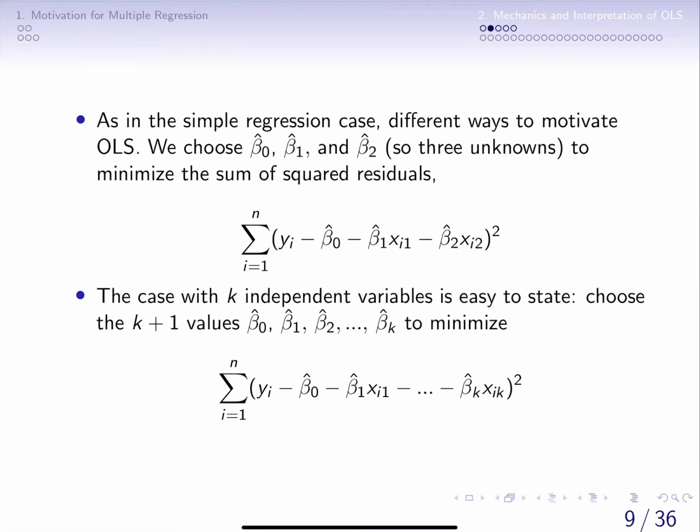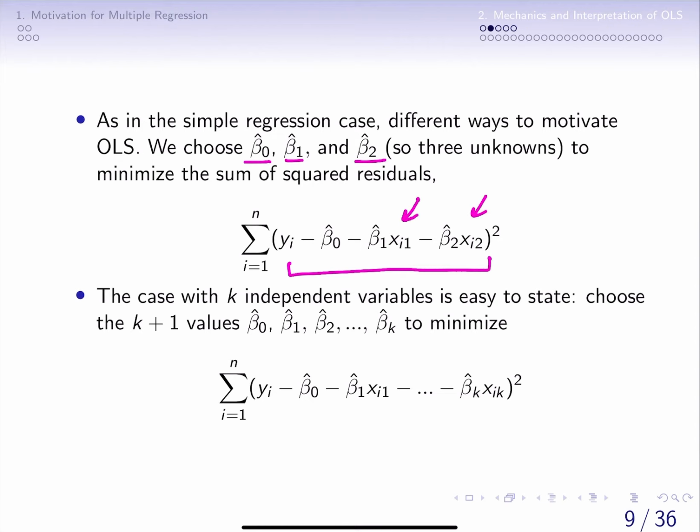So we're still trying to do the same thing as we did in the simple linear regression model. We're still trying to minimize the sum of squared residuals, okay? So if we think about the multiple linear regression case, we can choose to minimize the sum of squared residuals with respect to these estimators, beta naught hat, beta 1 hat, and beta 2 hat, if we had just two independent variables, x1 and